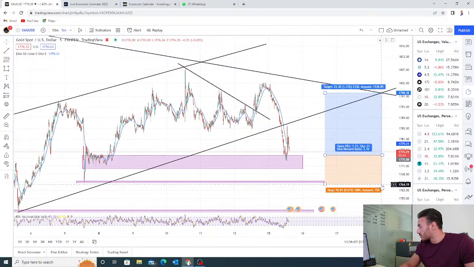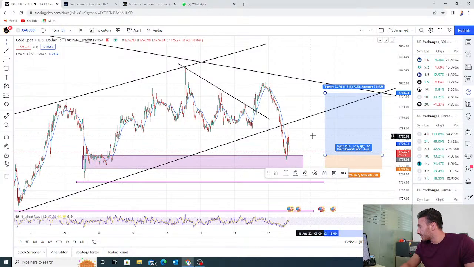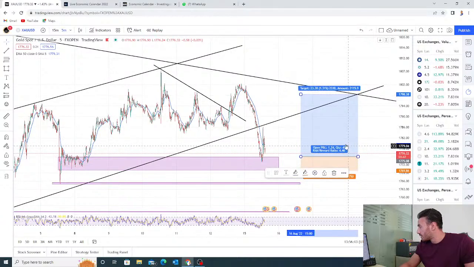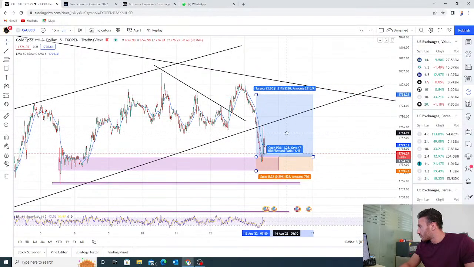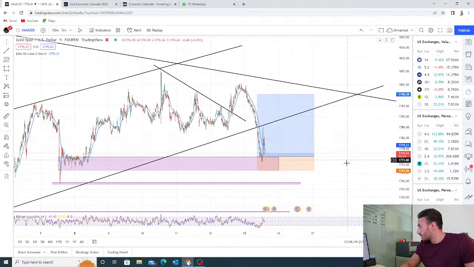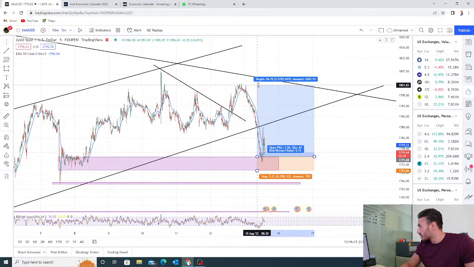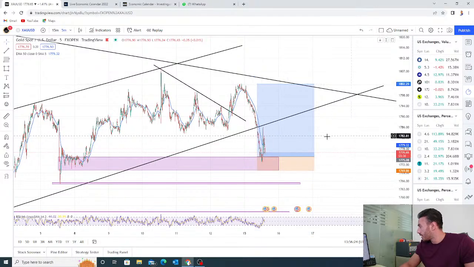My stop loss was for you guys below 1770, so it was just about here, and this was going up here,